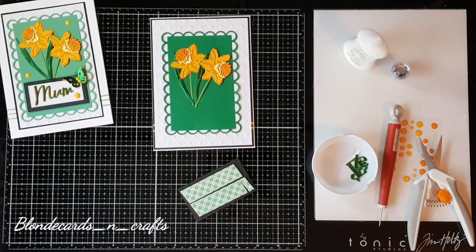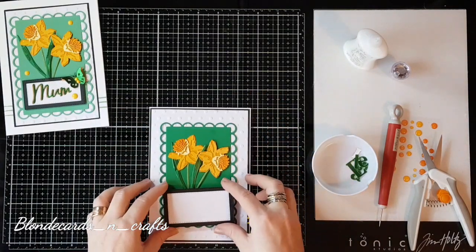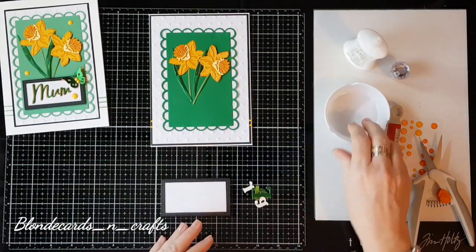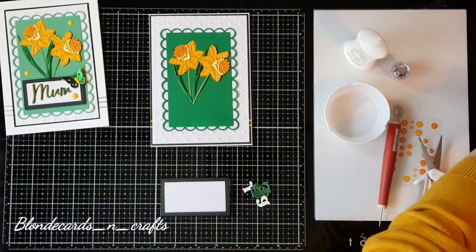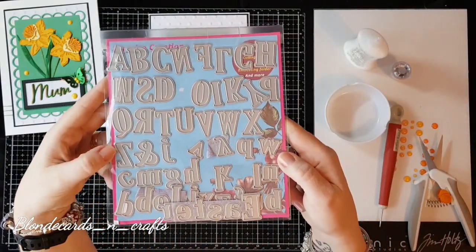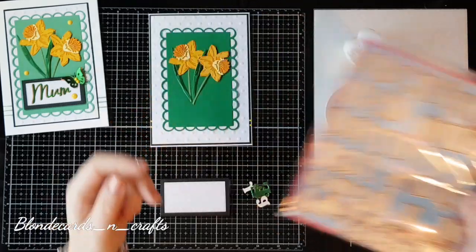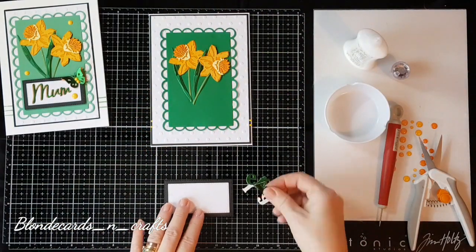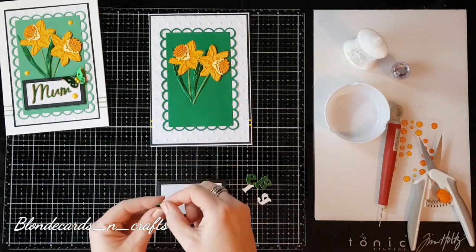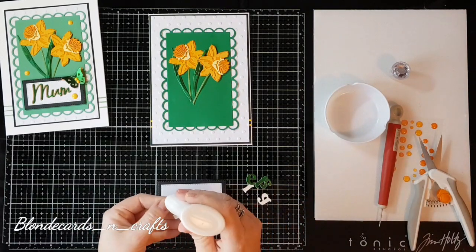Now, I'm going to pop that on there, and before I go popping this on here, I'm going to put my Easter, and I have them cut out. And again, it's just a generic die set that I got online with all my uppercase and lowercase letters, and I just cut them out in the glossy card to match the back of the leaves. So I'm going to stick those on as well with our new